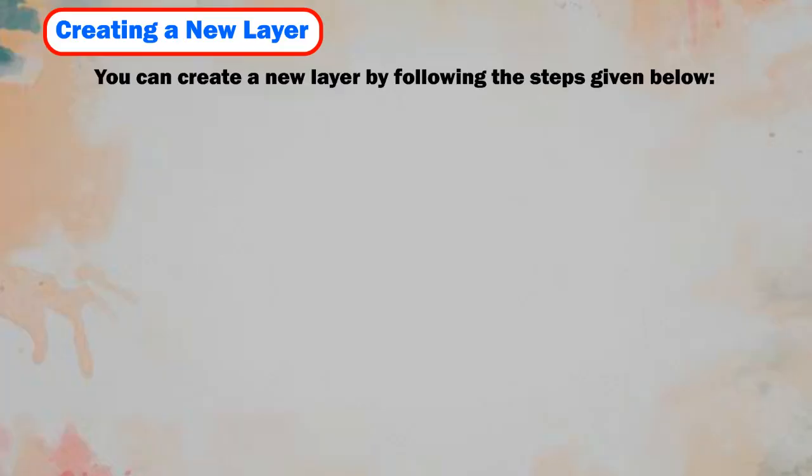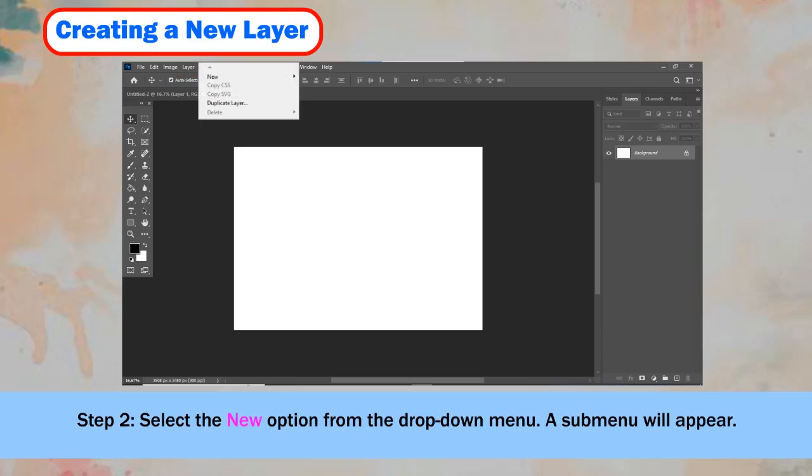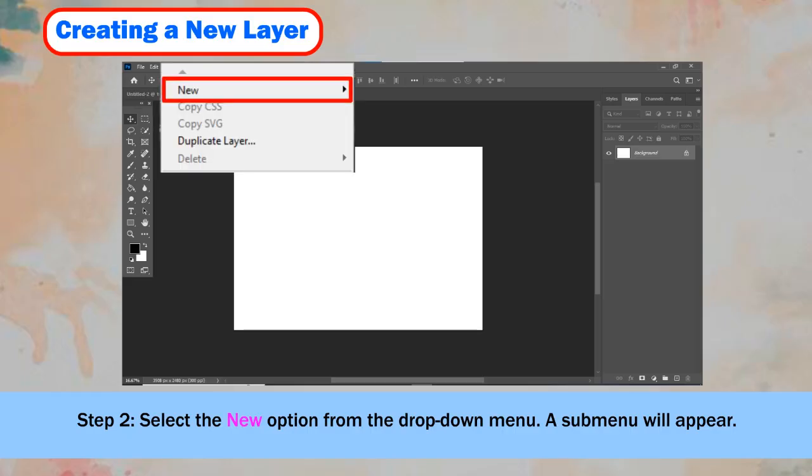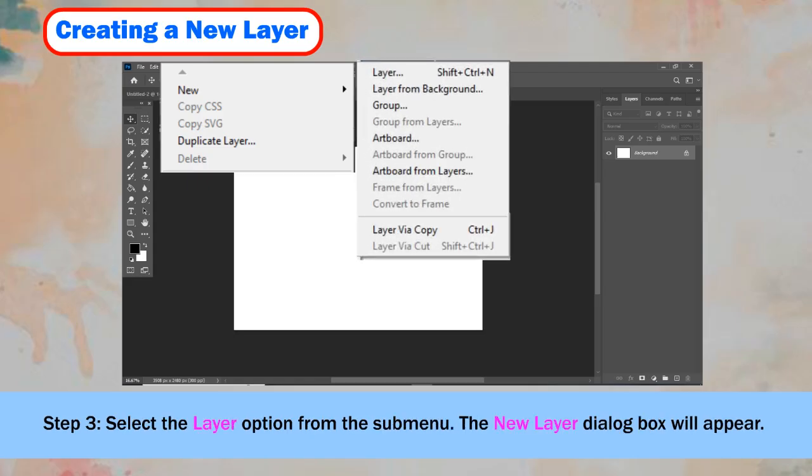Creating a new layer. You can create a new layer by following the steps given below. Step 1. First, click on the Layer menu from the application bar. A drop-down menu will appear. Step 2. Select the New option from the drop-down menu. A submenu will appear. Step 3.